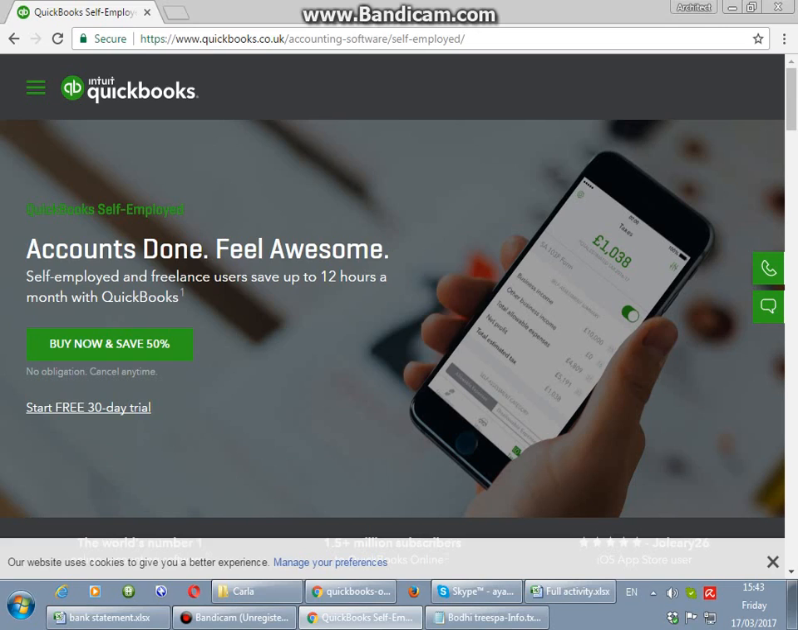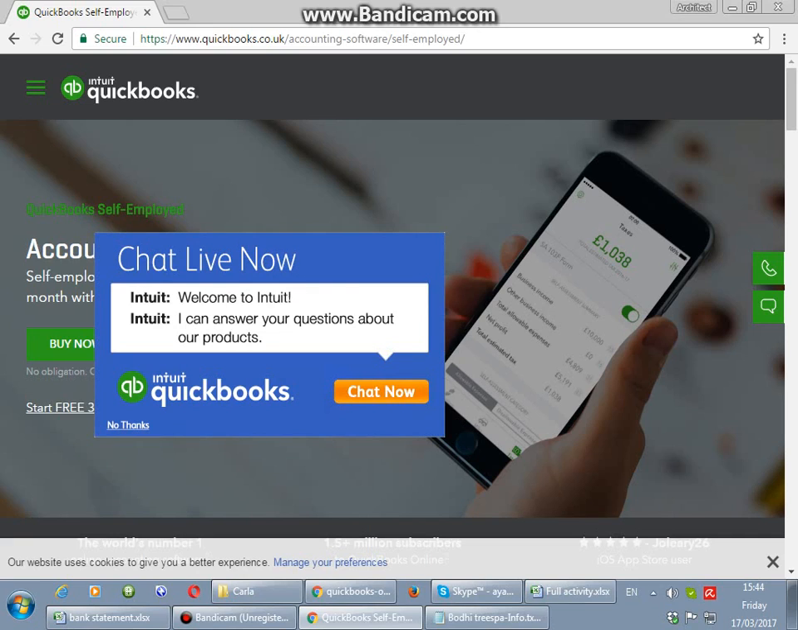There is a separate link to log in to QuickBooks Online Self-Employed, and you need to go through this link. Normally we have intuit.com and then we select QuickBooks Online from sign in options. Here the link is quickbooks.co.uk/accounting software self-employed. So you need to note this one, and